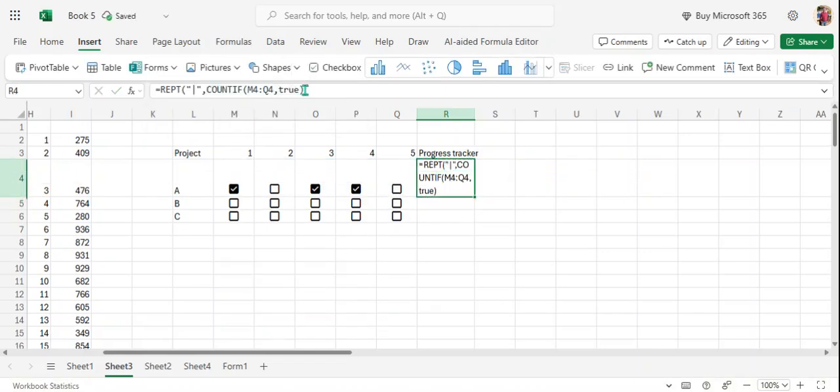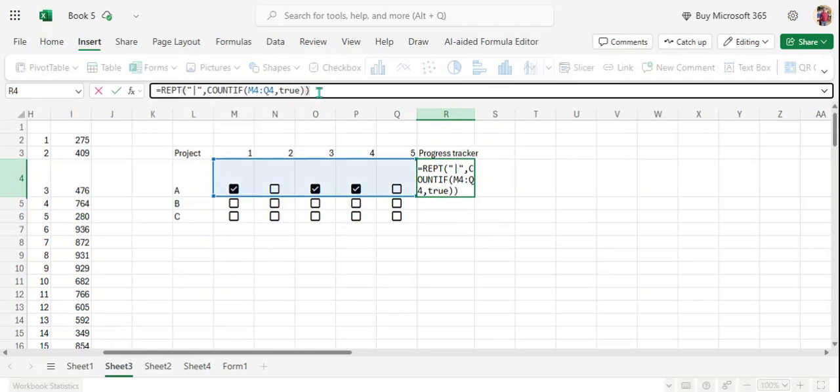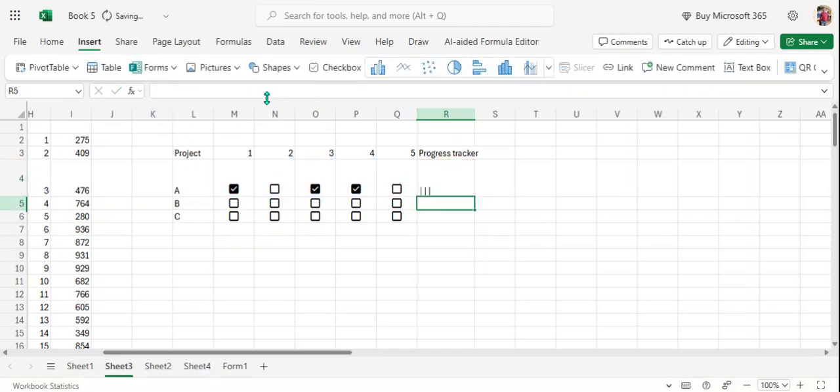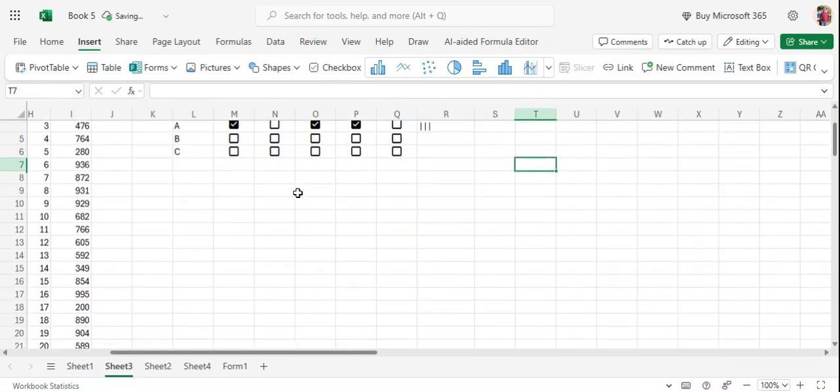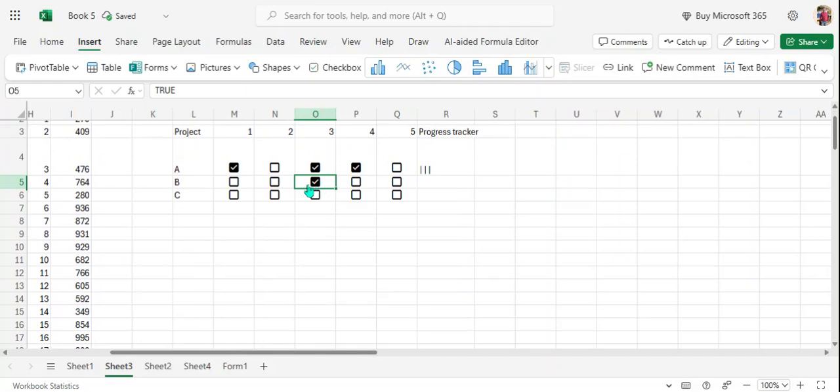Okay, so second principle, because here we use the depth and counting. So you can see this is the progress tracker. Okay, so we drag it down. So when I click in here, you can see. Okay, so in this way you can create the progress tracker, and if you want to change the font, so